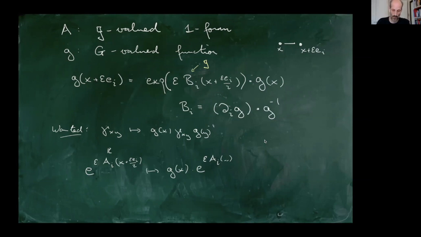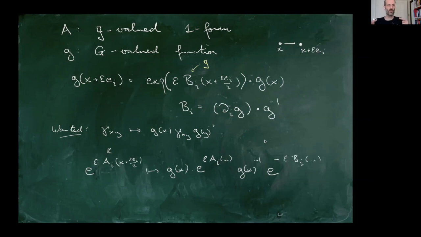And so the inverse of this guy is g of x inverse times the inverse of that factor, which is just e to the minus epsilon b_i of and so on, right? Now, this I can write as, well, conjugation, if you want,